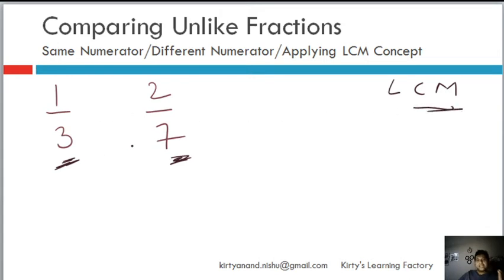Once we have done that, whatever equivalent fractions we find, we basically will have a fair comparison on the same base, right? Out of that many parts, which will be the LCM of these two numbers, this is X number of parts of the LCM and this is Y number of parts of the LCM. So that is why we apply the concept of LCM.